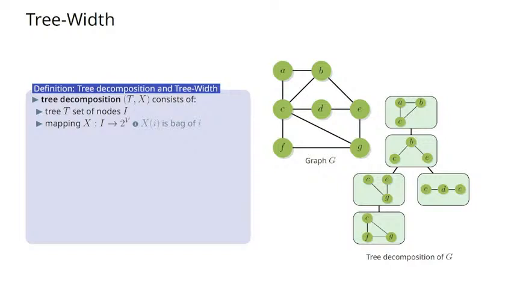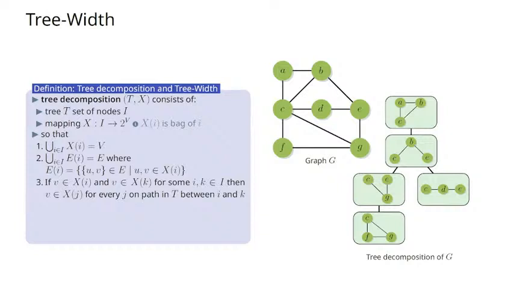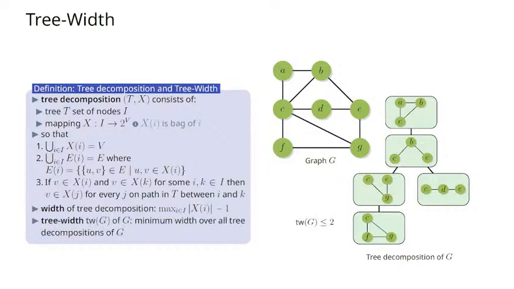And for every vertex in the original graph, so let's say E here, you want that the vertices in this tree that contain E are connected. So these three, they are connected. So that is a tree decomposition. And then the width of the tree decomposition is the maximum number of vertices per bag minus 1. So this has width 2. And then the tree width of a graph is the minimum width over all tree decompositions. So you can conclude that this is a graph with tree width at most 2, and actually exactly 2. So that's tree widths.